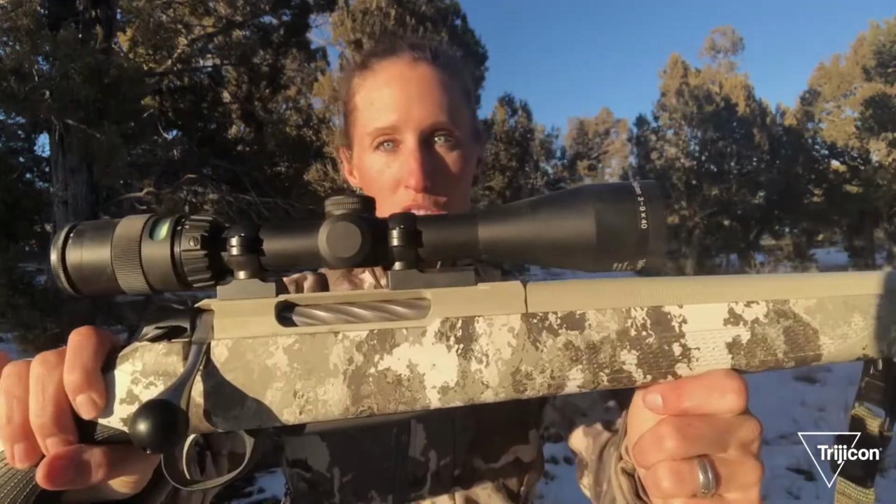We have the start of Colorado elk season tomorrow. It's going to be great. We have some fresh snow, which means that elk are going to be moving around, fresh tracks. I've got my Trijicon AccuPoint 3 to 9 all sighted in, and what I'm going to do for you guys